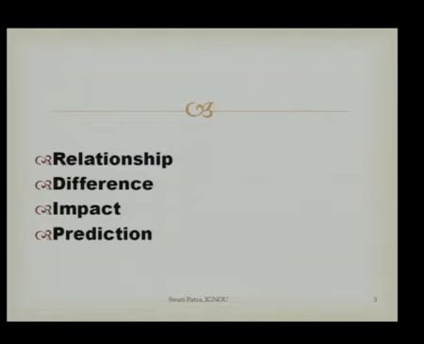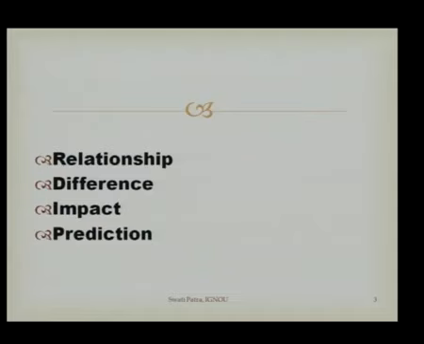Simultaneously we also focus on different aspects, and then we also find out the impact. Impact means, for example, how emotional intelligence affects job satisfaction. What impact does emotional intelligence have on job satisfaction? So here we focus on how a particular variable has an influence on, or impacts, another variable in a particular sample. And the fourth aspect is prediction. So research also focuses on prediction. For example, based on the achievement scores of students, we can predict in which field a particular student can do well in future.